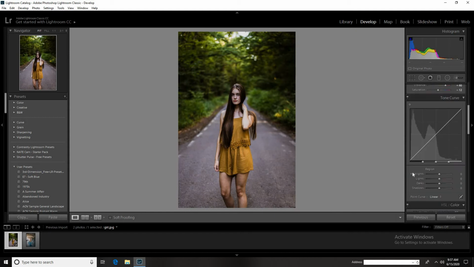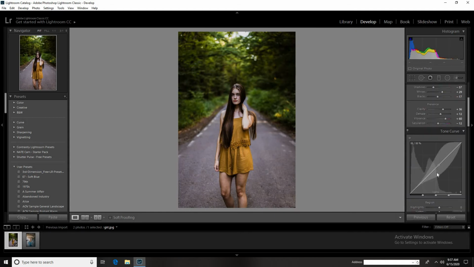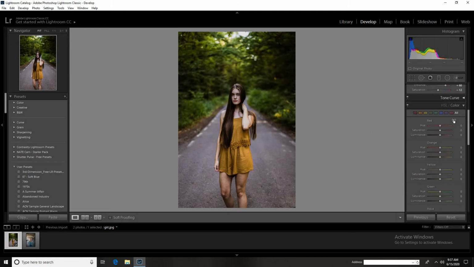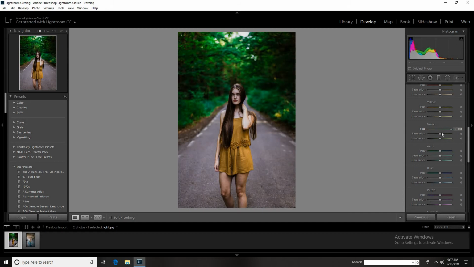Now we don't need this section right now because we've already managed the highlights, lights, darks and shadows. So we'll go to the color section and work on these colors. In this picture there is green color, so I'll change the green to around a yellowish shade. As you can see, you can change it from here. So I'm decreasing this, and you can see the effect. We can increase or decrease its saturation. Here I am decreasing it a little bit, and by luminance you can add or decrease the light in it, as you can see. So I am increasing it.